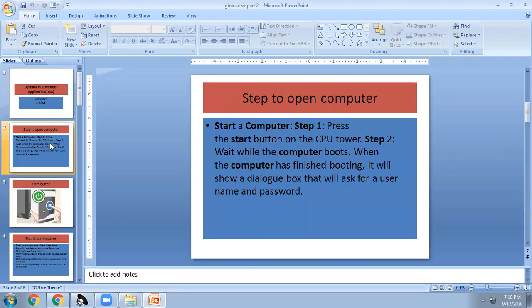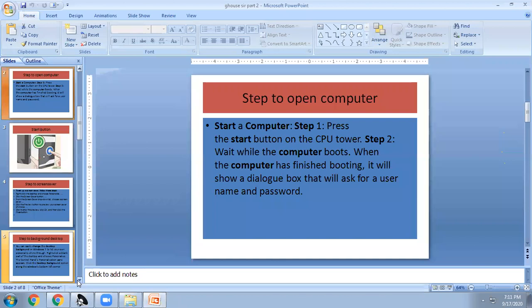If you don't have a username or lock on the computer, Windows will get on automatically. You need not put in a password. Sometimes you just click on switch and you will get in if you don't have a password on it.